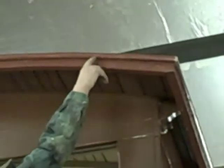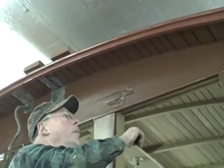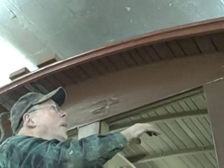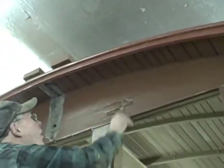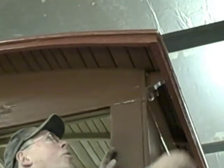The last pictures. This curved molding to hold the canvas was done. It was bent over a form, soaking wet, and we let it hold, and it came out perfectly. It's now nailed on and painted with this roof color. This is really a guess, but it gives a little bit of contrast with the brown, which we thought would